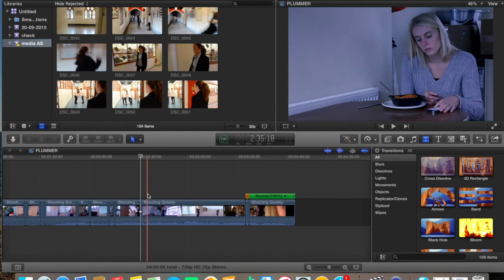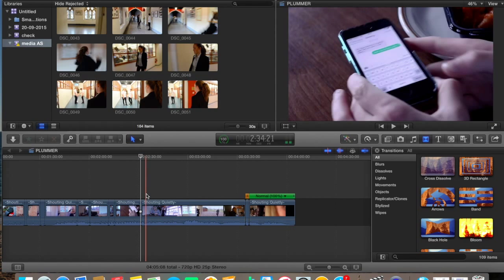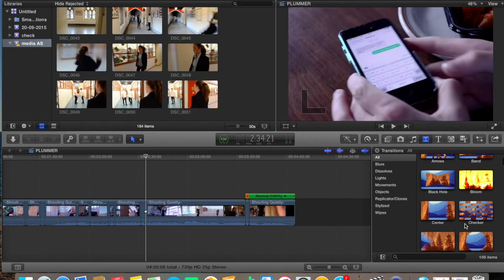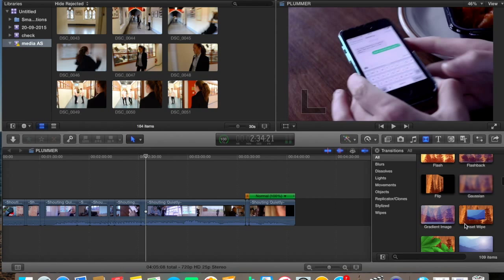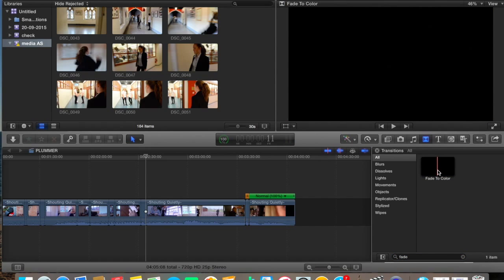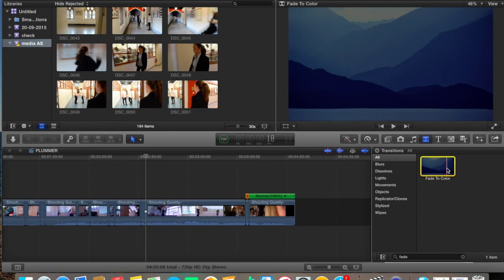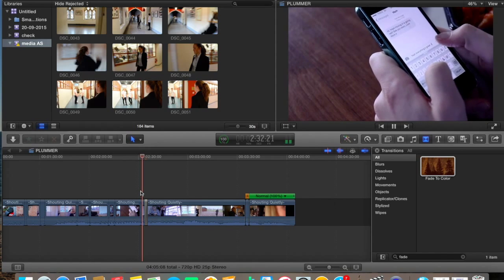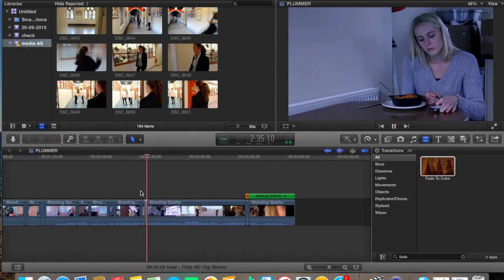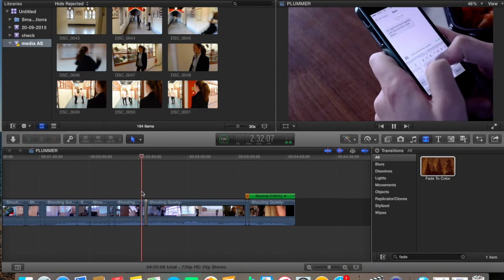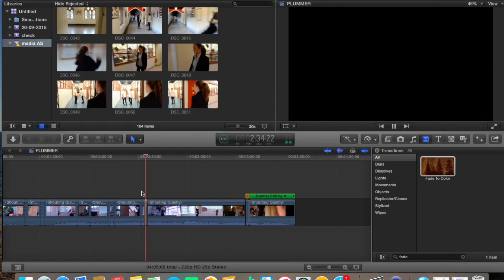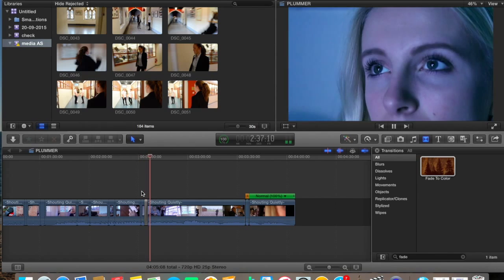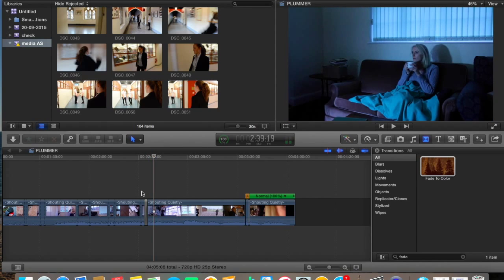You could also add effects like fade from frame to frame. So here, if I typed in fade, for example, it comes up with fade to colour. I drag this in between two shots, and I can change the duration of it, make it longer or shorter. That would come out like so. We use the fade for the transition from Studio Canal